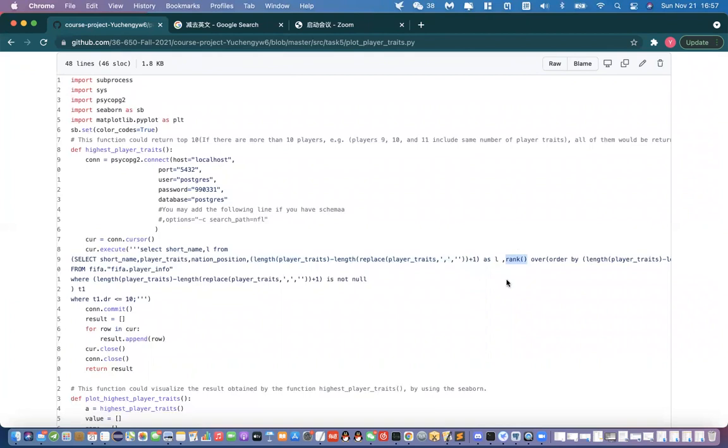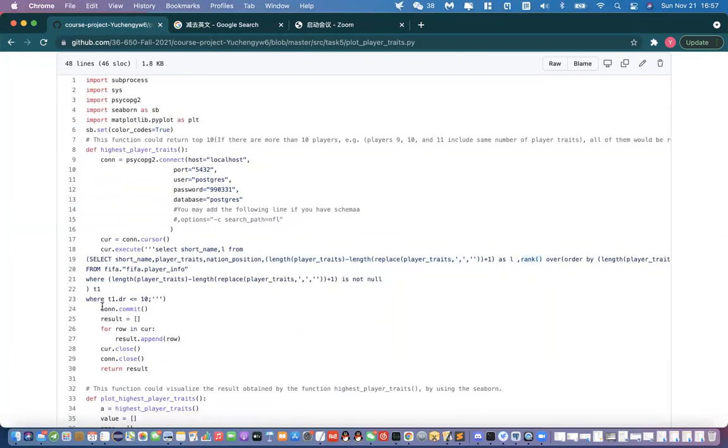Yeah, we are using rank instead of dense rank. It's because, for example, if we have the largest one, it should have rank 1, and the second and third ones have the same value, so they should have rank 2. And if we are using dense rank, the fourth one should have rank 3. And if we are using rank, the fourth one should actually be 4. So by using rank here, we can basically